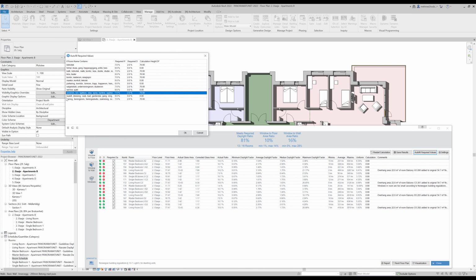So basically you define a list of rooms here and define what will be the required ratio and daylight factor value for those rooms, and define what is the completion height. And those values will be used only for those rooms that you have specified here in this list,